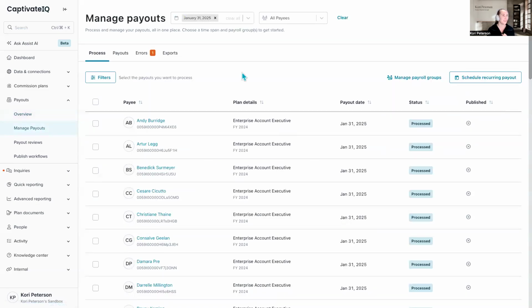One of the features I really want to cover is payroll groups, and I'll get to that in just a moment. But you'll notice that your process of actually completing and processing the payouts will look pretty different here. You're probably used to that big calendar type view where you could just find your month and then select all the commission plans that were relevant, which was really great if you just wanted to do things in bulk, which note that you can still just process in bulk here.